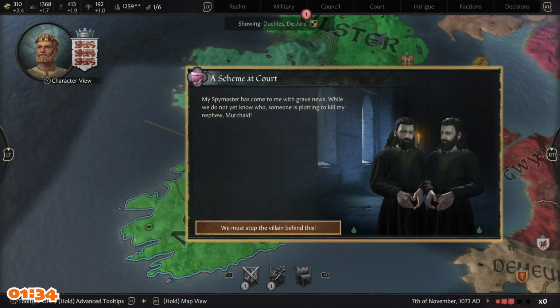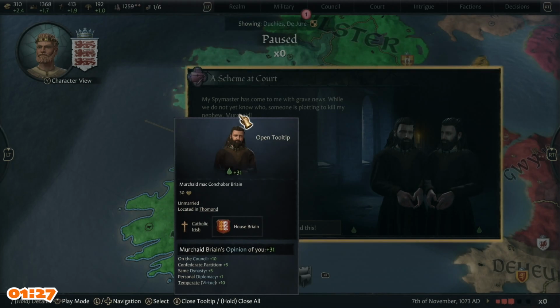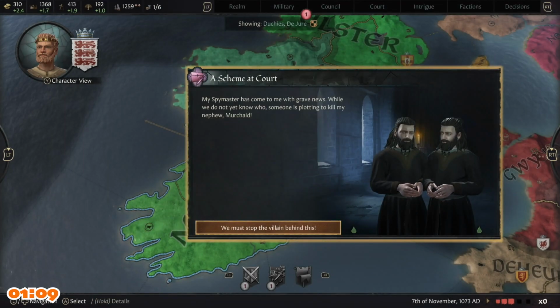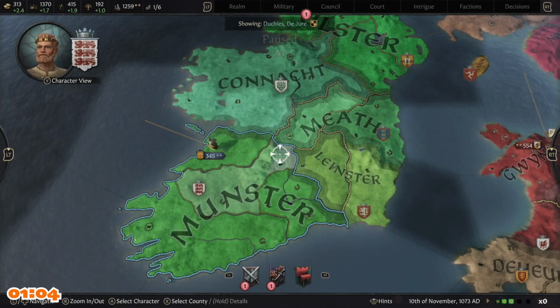Hang on. I need to remember that I have to hold it to get the thing. That's what I want. Okay. So he's got a good opinion of me, so we want to keep him. Who are these two people though? Is my spymaster Marichade? Hang on a second. We must stop the villain behind this. Hang on a second. Right. Who is my spymaster, the same guy claiming that